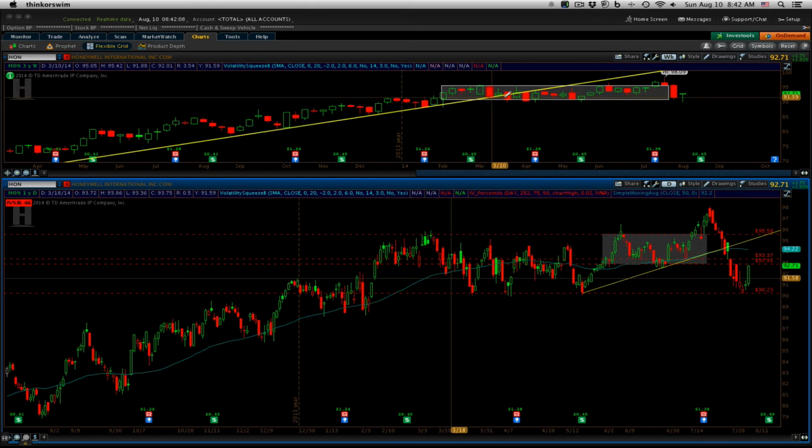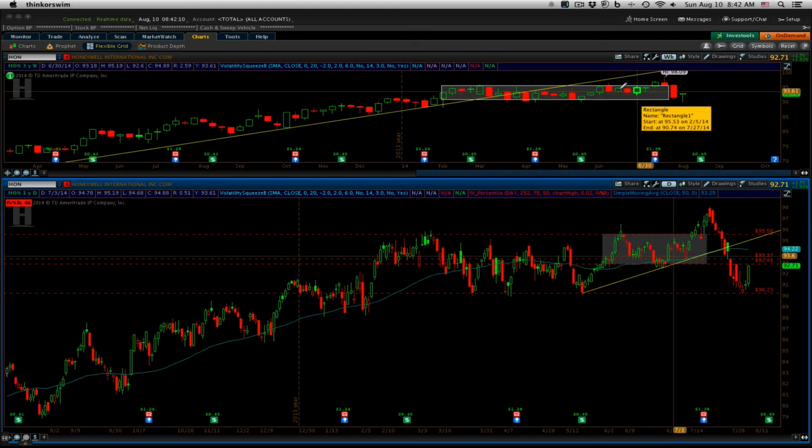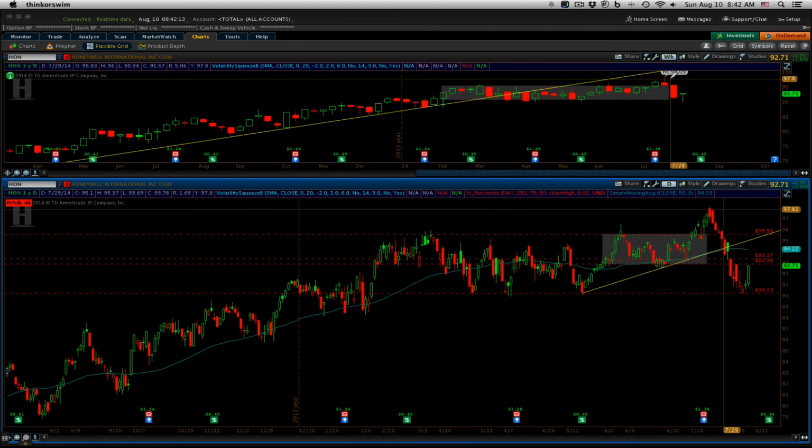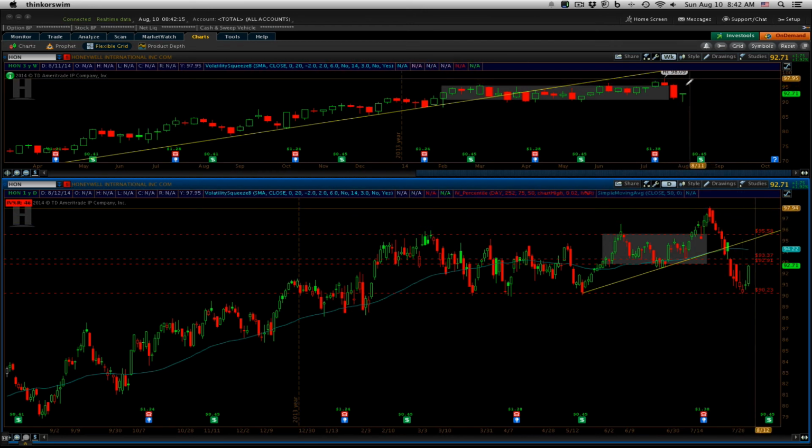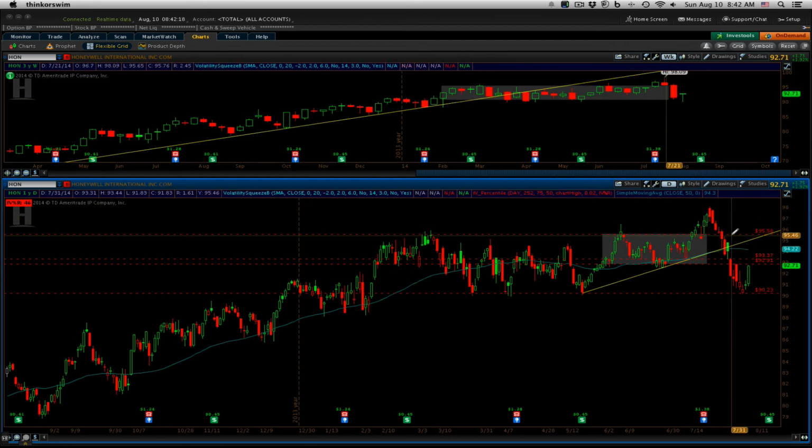Usually when you get a breakout from a weekly consolidation, the stock will consolidate again on the daily chart above weekly resistance. And that's maybe a better place to enter than right off of a weekly breakout. Because then at that point you're not going to get involved with a false breakout, because the stock is making a second high from the weekly breakout. So I don't know if I'm explaining that properly, but